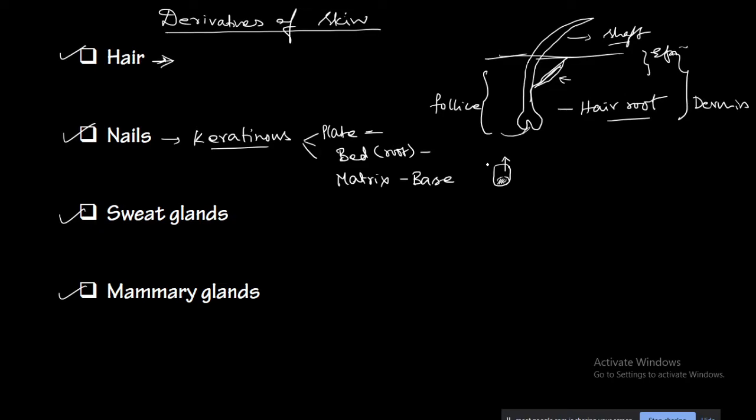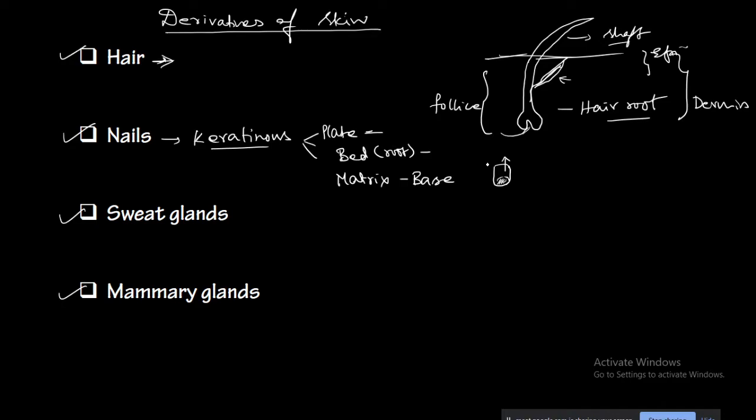If we don't use soap wisely, then we are actually removing the essential oils from our body. In earlier times we were not using a lot of soap, but these days we are. Soap emulsifies the oil and removes the oils from the skin. Particularly in winter it becomes a problem. If you use a lot of soap, the skin becomes very dry and scaly. Naturally the body produces these oils to protect our body from moisture loss.